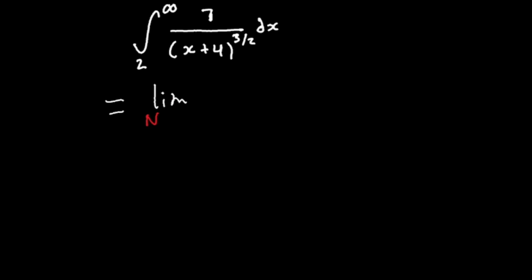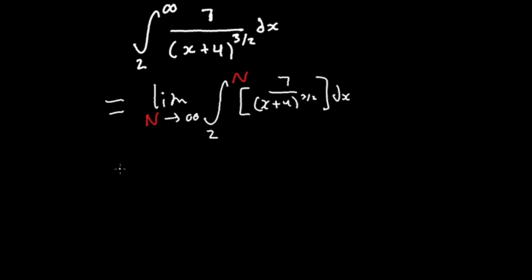So the limit as n goes to infinity of the integral from 2 to n, replacing that infinity with n, because you're taking a limit, so it's not actually going to equal infinity, it's just getting closer and closer. And our integrand is 7 over x plus 4 to the 3/2 power